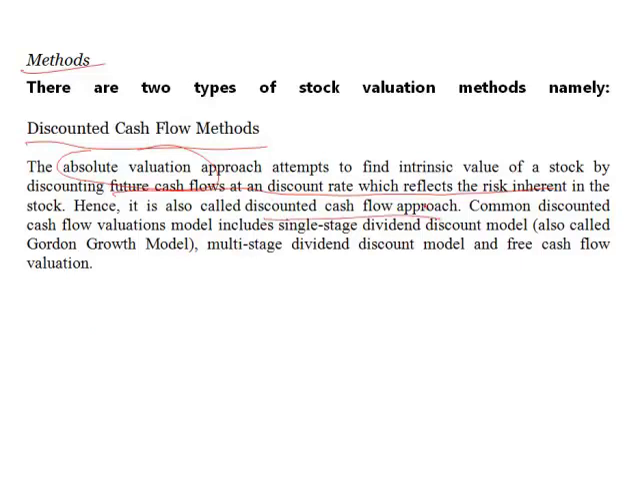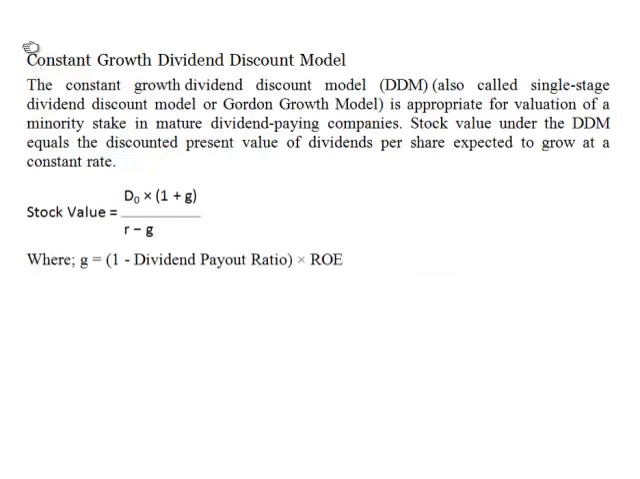The common discounted cash flow valuation models include the single stage dividend growth model, which is also known as the Gordon growth model. We also have multi-stage dividend models and free cash flow valuation. Those are the three basic ways we use in calculating the value of a common stock using discounted cash flow. Now, let's start with